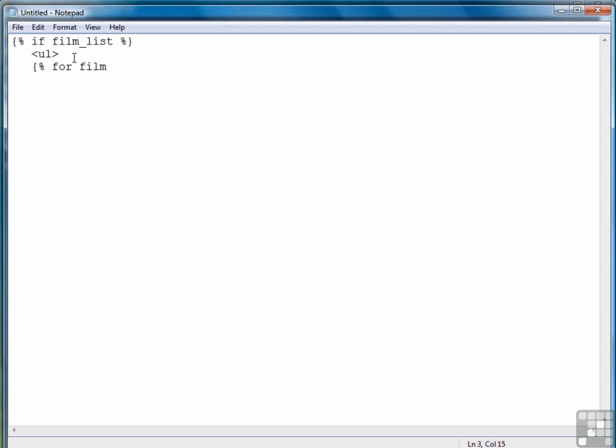You will notice we are mixing template with Python code and HTML. So now we're saying for film in film list. We want that to be a list element, and we want each list element to consist of the title of the film, and notice we're putting that in pairs of curly braces, a comma space, film.year, two closing curly braces,